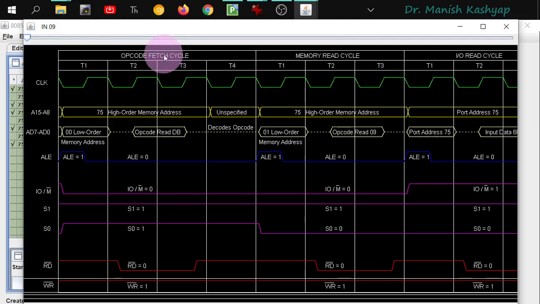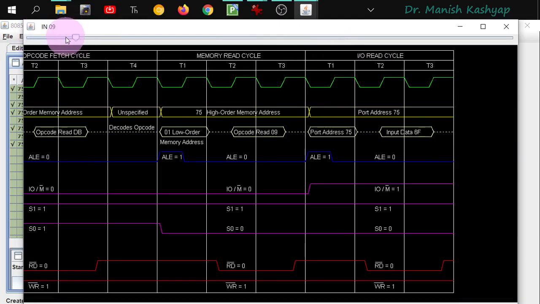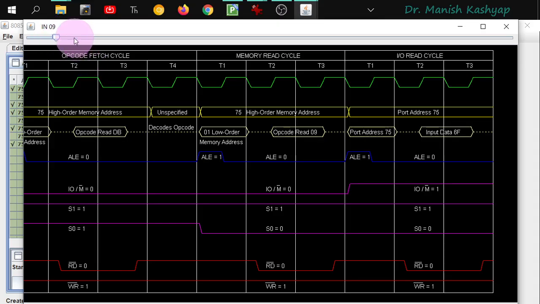So opcode fetch is there, then there will be an operand fetch, which they have given as memory read cycle, and we have discussed the reasons for this, because technically they are both the same. You are reading things from memory, so they have written opcode fetch as memory read cycle only. And if you move forward after this,